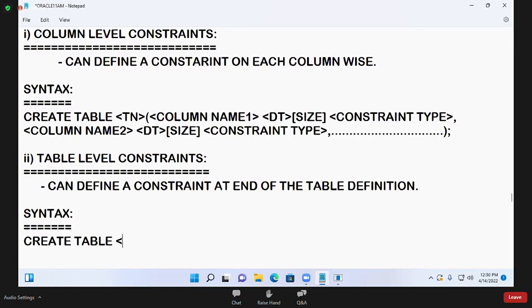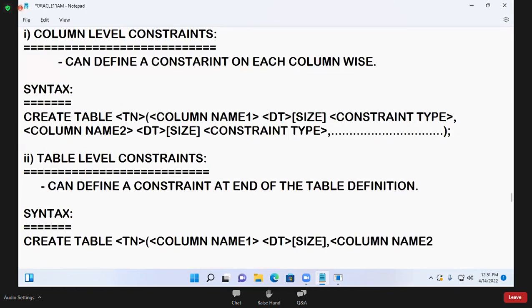First you have to design your table with however many columns you want. Every column you have to define first of all. So column number 1 and data type, and give the size of the data type, comma, and the next one is column number 2, give its data type and the size also. And the next one, comma, column number 3, give the data type and the size, whatever it is. Like this you can define all the columns you need in your table. Each and every column is defined first. After defining all the columns, at the end of the table definition,